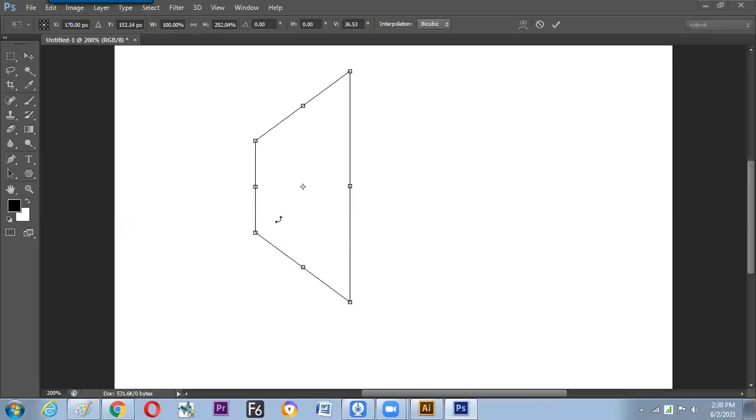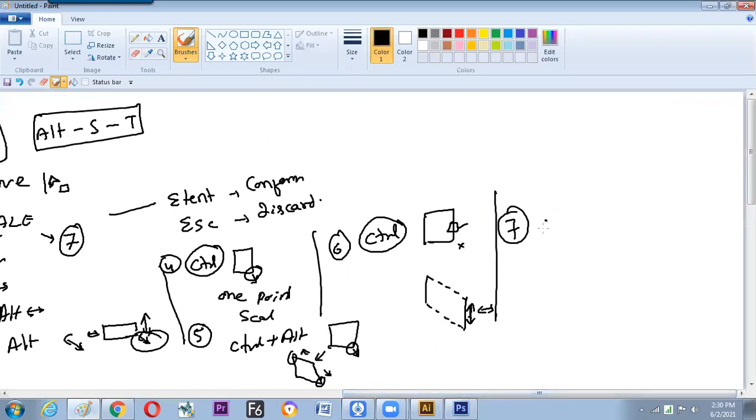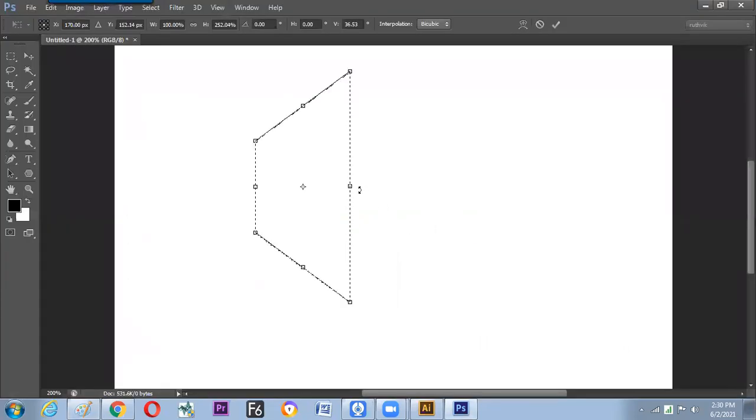If two parallel lines start moving on a further way, then they will meet at a point. That particular point is the one point perspective. This is the one meeting point. So now we have understood the next level of scaling. And what is that scaling? Perspective scaling. How does it happen? Alt, Control, and Shift plus drag from where? From the corner, right? Then only it will happen.